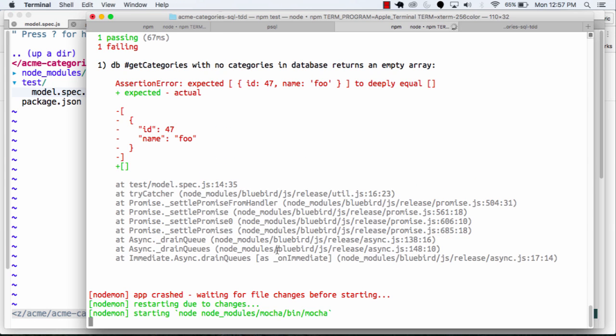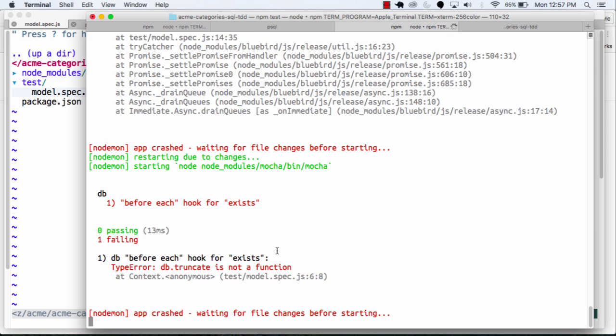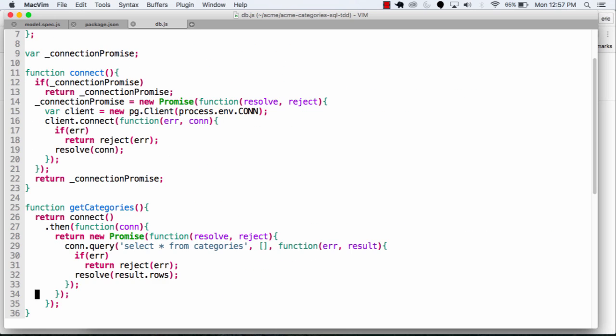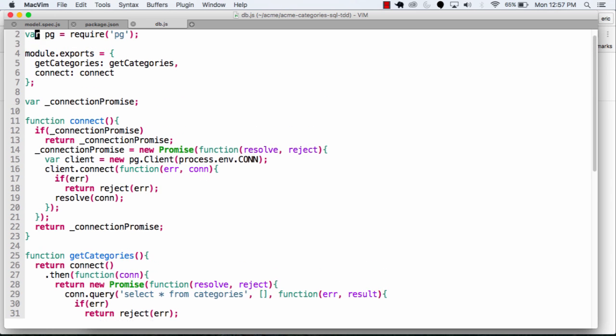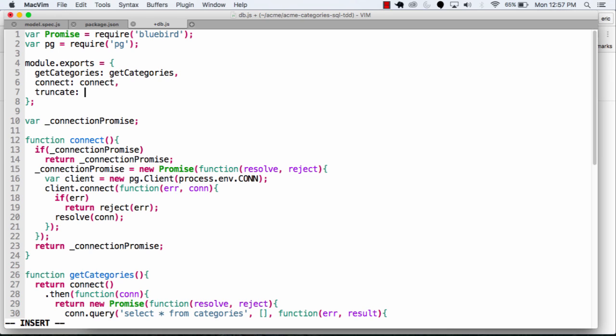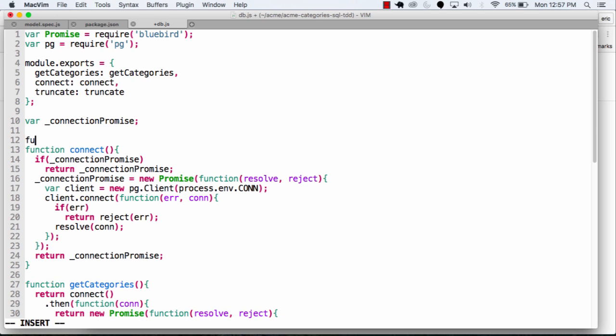So if we go back here, it tells us we don't have a truncate method. Let's go back to our DB class and take a look at this again. So we want to have some truncate method here. So we'll create that. Again, if there's a concern that this might get called in a production environment, you could look at your connection string and say, hey, look, if my connection string doesn't have the word test in it, then I'm not going to truncate. But in order to truncate,